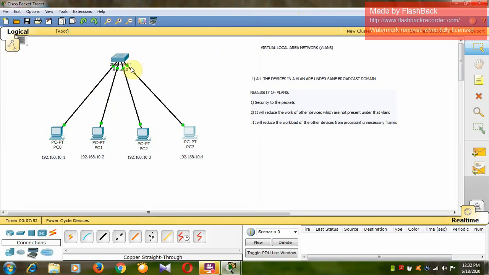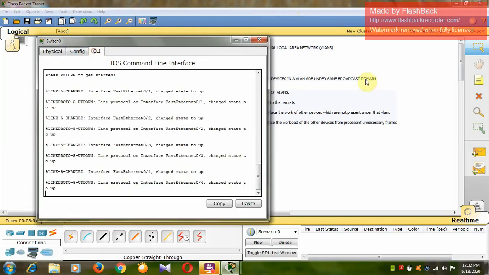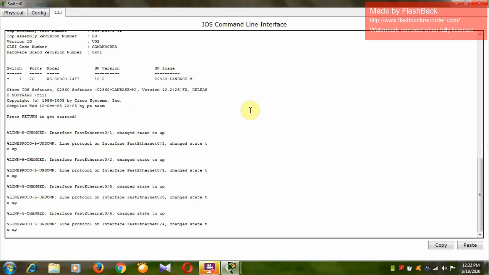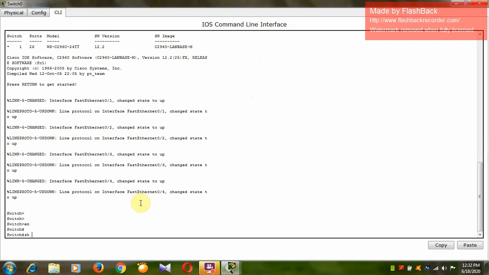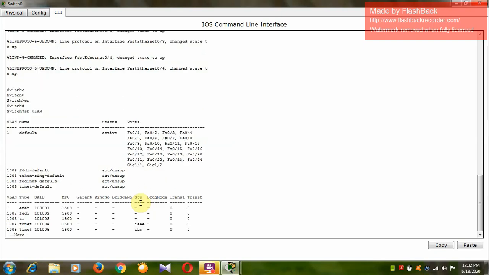Now by default all these ports are under one VLAN. This is the property of the switch, that whichever devices are connected to this switch are all under the single VLAN. You can see here, when I go to enable and type show VLAN, there is a default VLAN with the number 1 and its name is default, and it is in the active state.